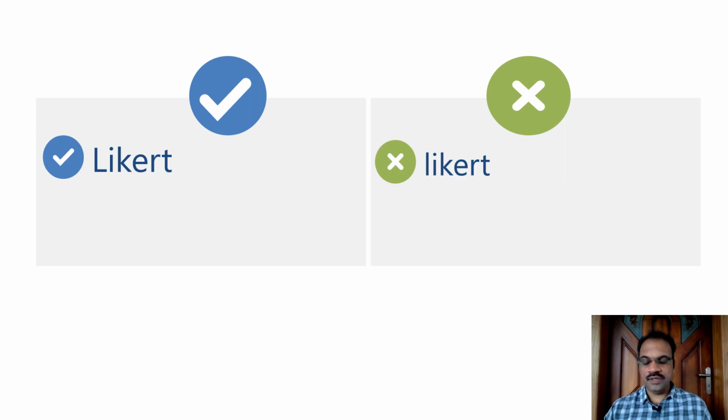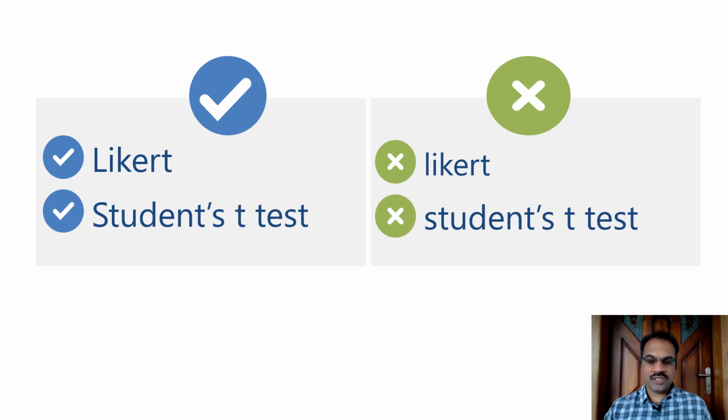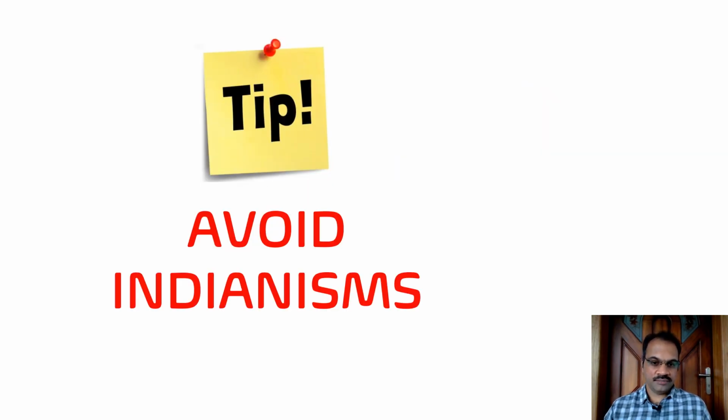Again, about the capitalization, there are some words people mistakenly don't capitalize. The words are Likert. When you talk about Likert scale, the L has to be capitalized. Also, Student's t-test. Though usually S is not capitalized when we write student, there is a history behind how this came about. We may discuss it in some other slide in the future. But when you are writing Student's t-test, the S has to be capitalized, because it was used as the name of an author. So that is why it has to be capitalized.